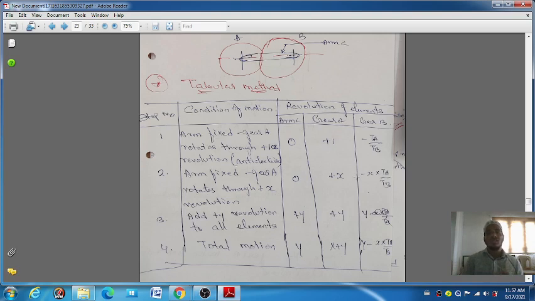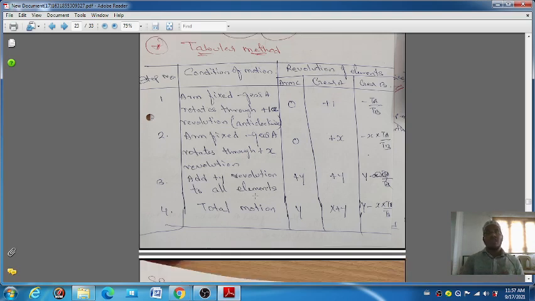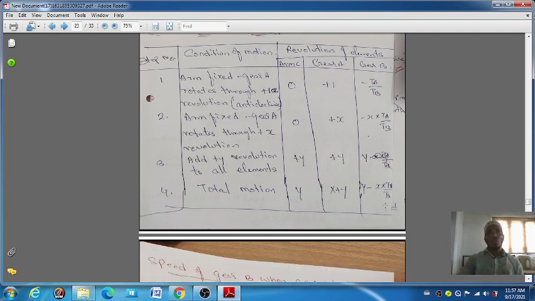Next we add another rotation Y. Then the total motion, you add them: X plus Y, and here Y minus X into TA